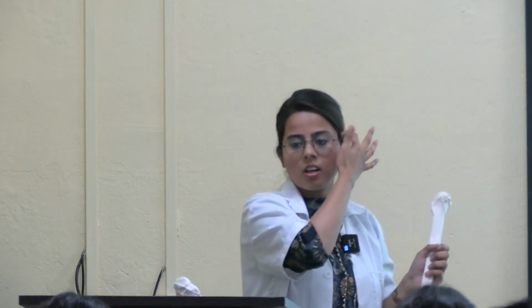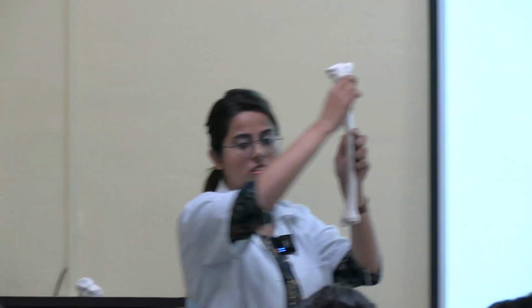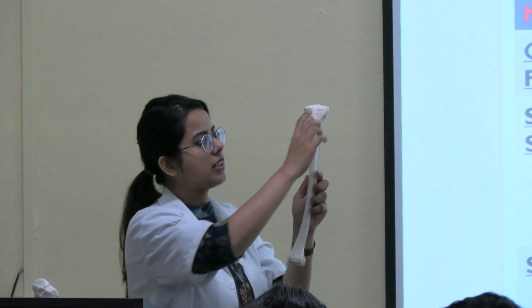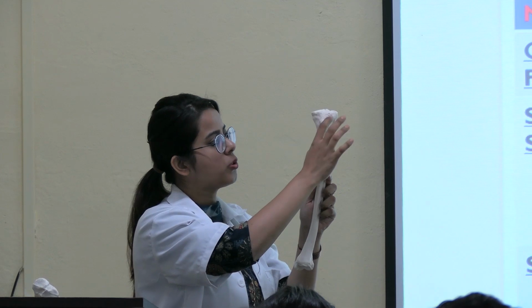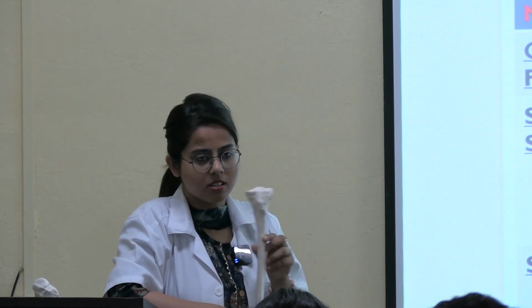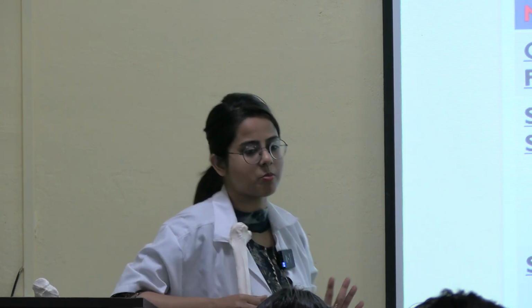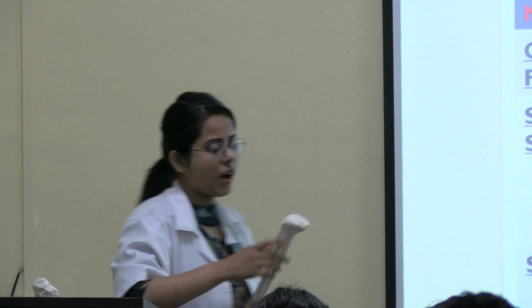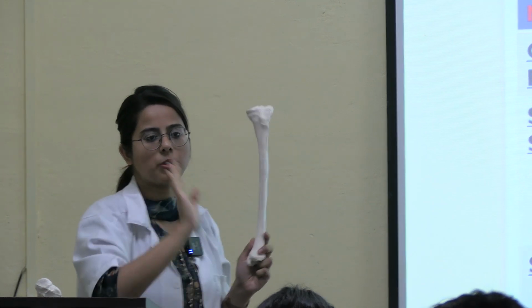Now the muscle attachments, okay? Now what are the muscles that are inserting in tibia? As I said, what is this part? Tibial tuberosity. So I told that its upper part is smooth and lower part is rough. In this smooth upper part, quadriceps femoris enters. What is quadriceps femoris? Why it is known as quadriceps? Because there are 4 muscles, that's why quadriceps. So quadriceps femoris muscle enters in the smooth upper part of the tibial tuberosity.